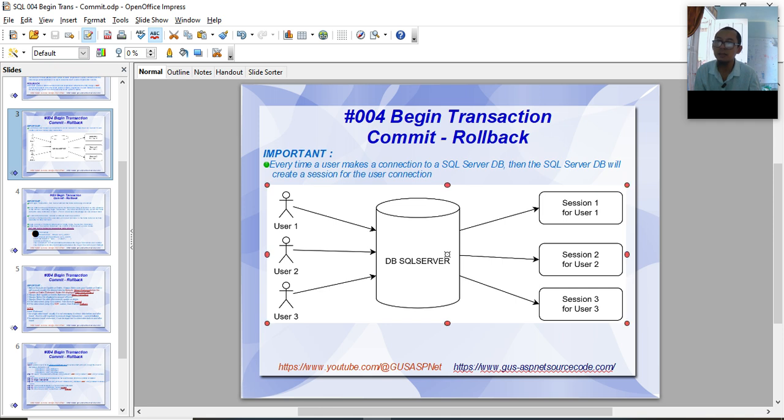User 2 creates a connection, and session 2 will be created for user 2. User 3 creates a database connection to SQL Server, and SQL Server will create session 3 for user 3.